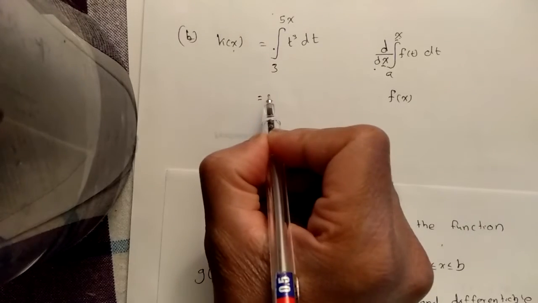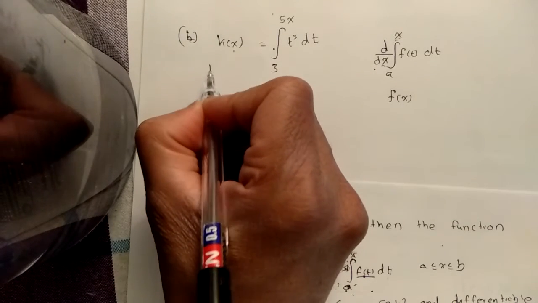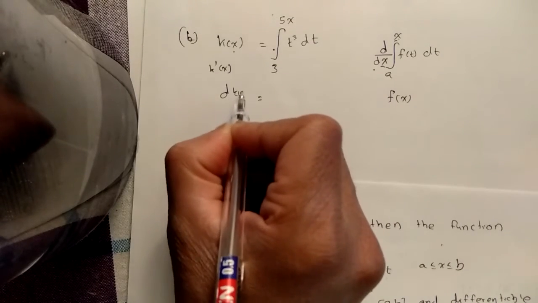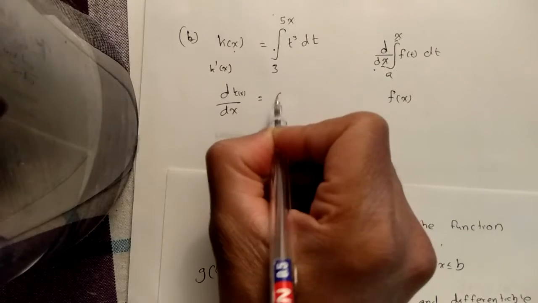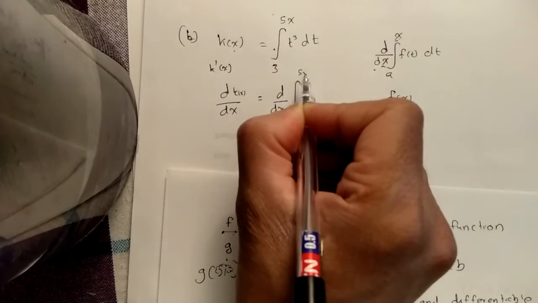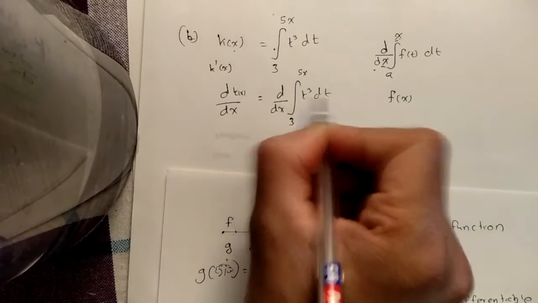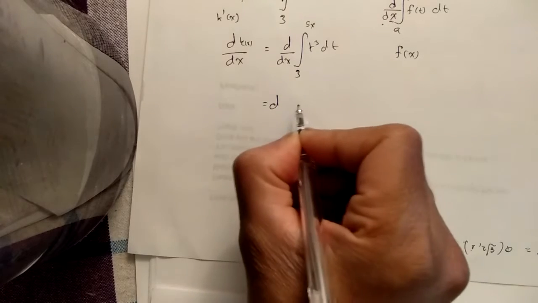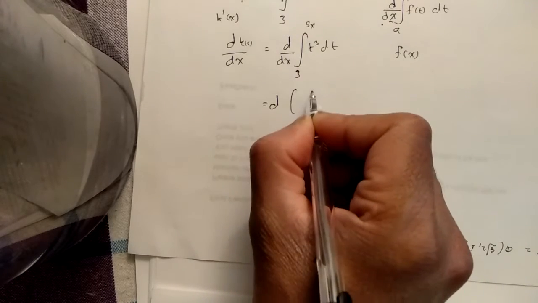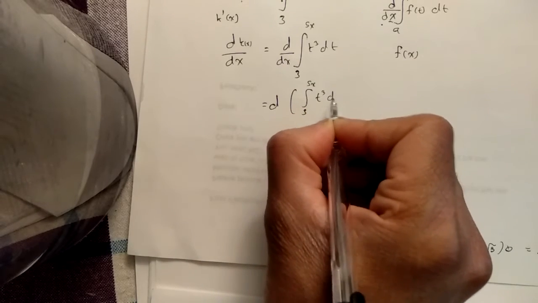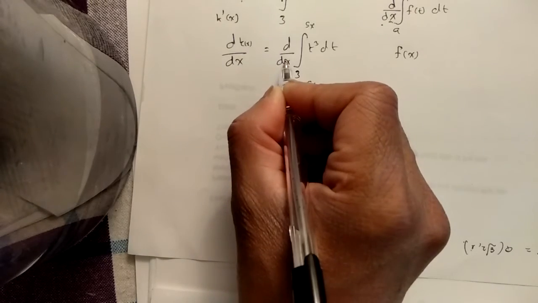So in this case, as we are to find the derivative of k(x), that means the derivative of k with respect to x, we should find the derivative of this thing with respect to x, but here you have 5x, right? So what we can do is we can make use of the chain rule, right? So what we can do is we can write this one the same thing,